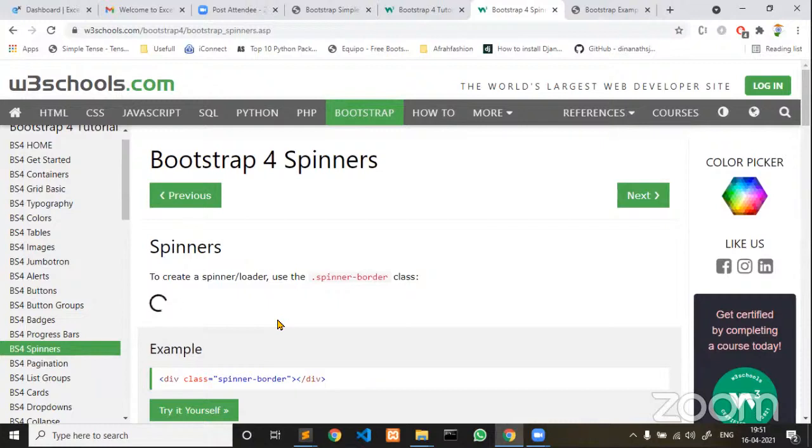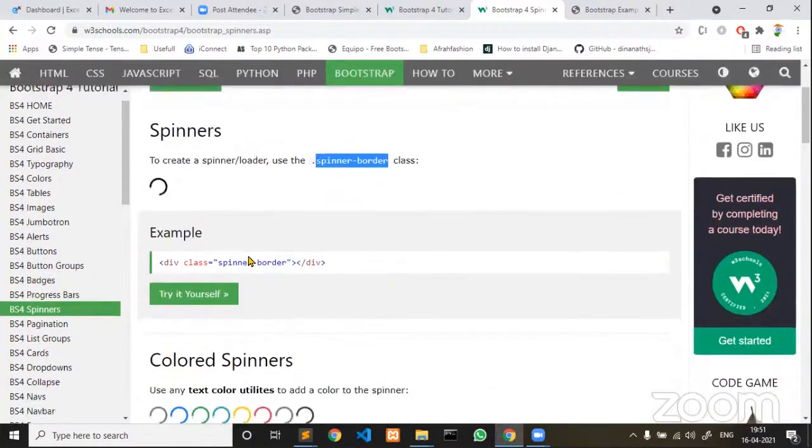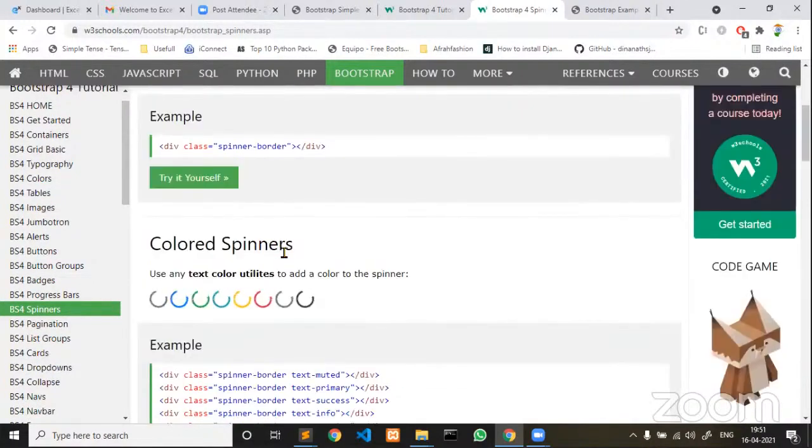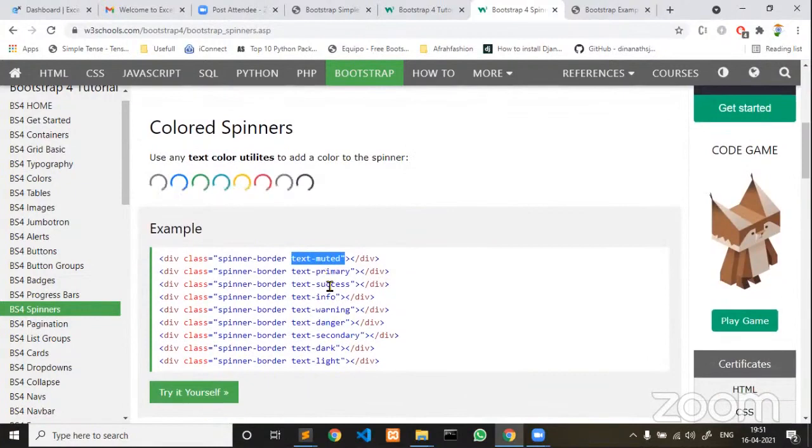Okay, next, the spinner. Wherever you are planning to show a spinner in real-time applications, use a class called spinner-border. If you want different colors, they use a combination of spinner-border as well as text color: text-muted, text-primary, text-success, text-danger.